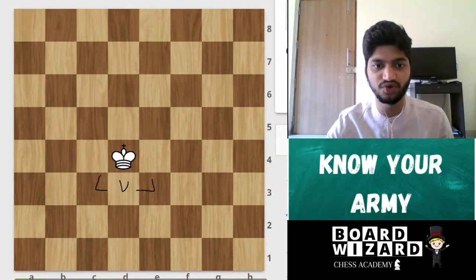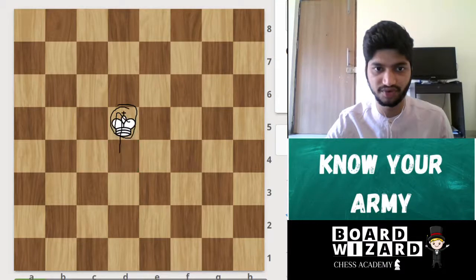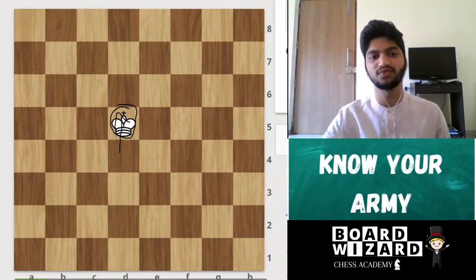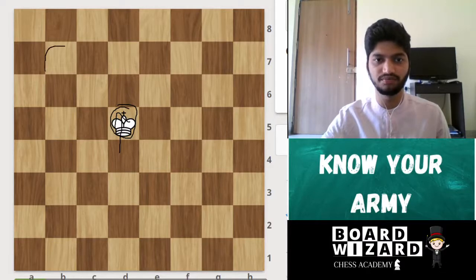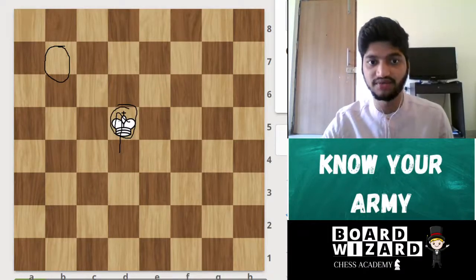So if he wants to go here, he can go. He will move like that. For example, let's move him here. If he wants to go to B7, I have taught you how to name the squares, he will take two moves.